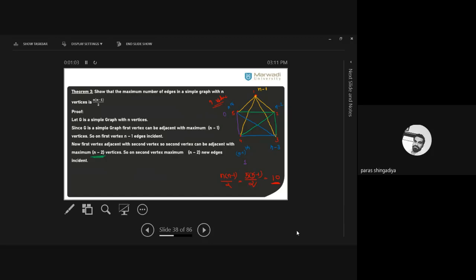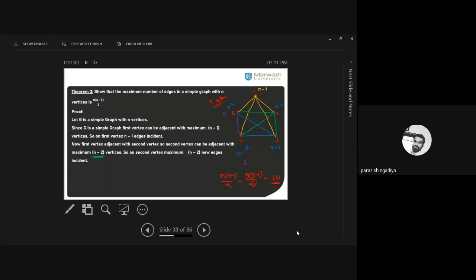For that you just map all these lines. The data written here, you just map it with any particular graph. Then you can easily understand why we write this data here, and you can understand all the lines one by one. We consider one simple graph here, with 5 vertices, and then we'll map it to the n vertices. First we'll focus on the 5 vertices graph, and then we'll map this data to the n vertices graph. So in this simple graph, the first line is that G is a simple graph.